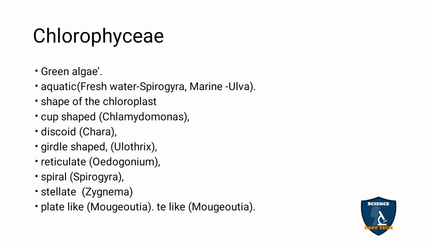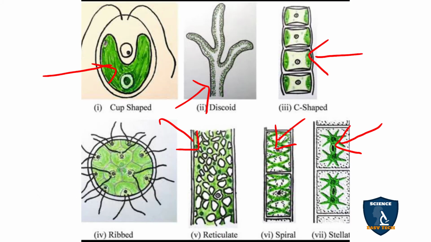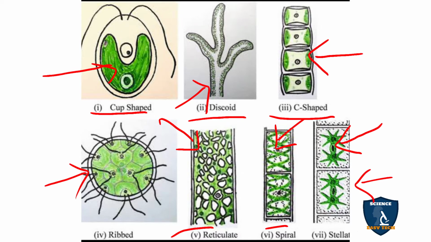And plate-like, Mougeotia. So it is plate-like. Okay. So cup-shaped is Chlamydomonas. Discoid, Chara. And girdle shape or dumbbell shape or C-shaped is seen in Ulothrix. And that is reticulate Oedogonium. Spiral, Spirogyra. Star shape, Zygnema. And plate-like, Mougeotia. So these are the examples